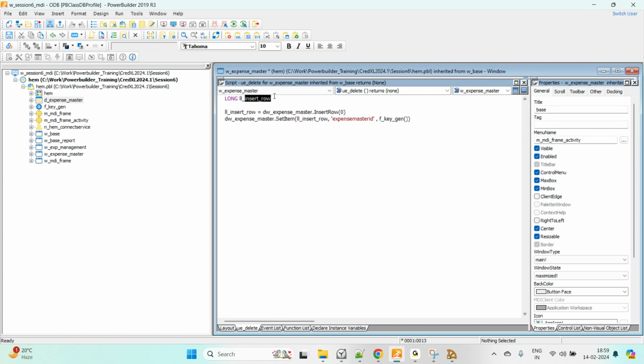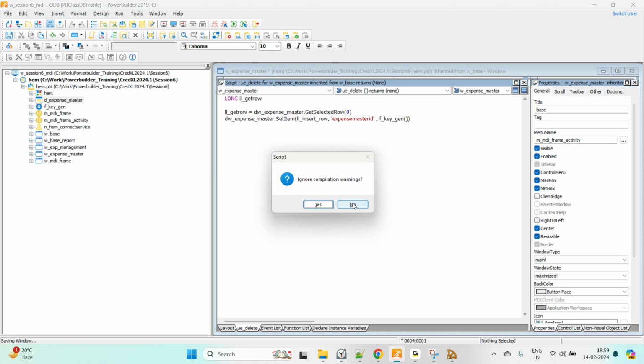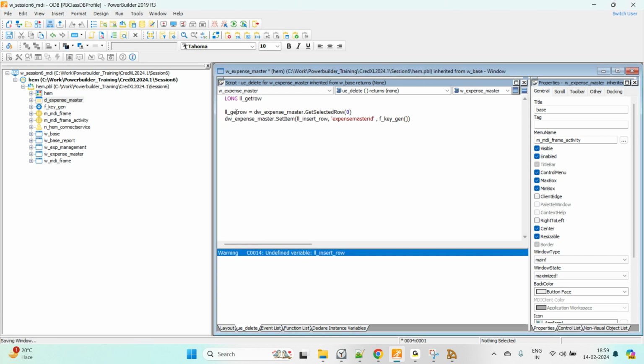Here we can say ll get row, and ll get row will be, there is a function get selected row and start from 0. Maybe I'm not wrong. If I'm not wrong, yes, and that is